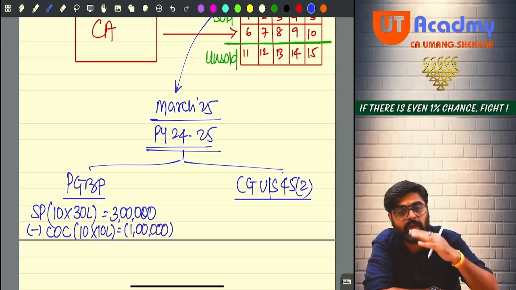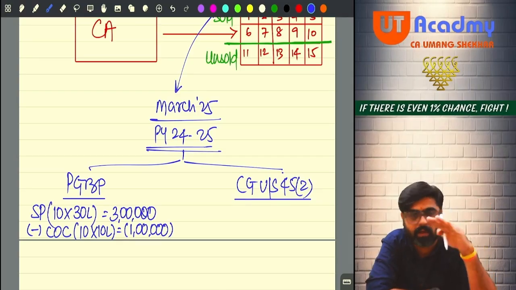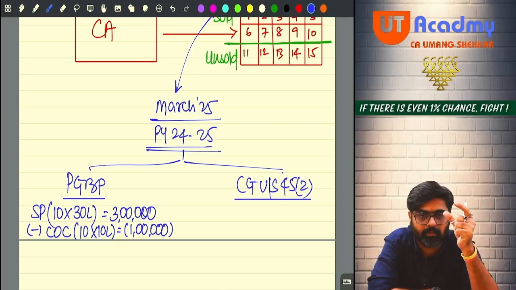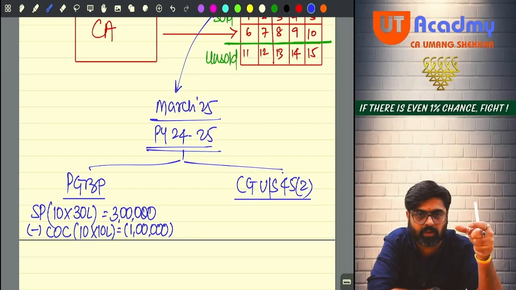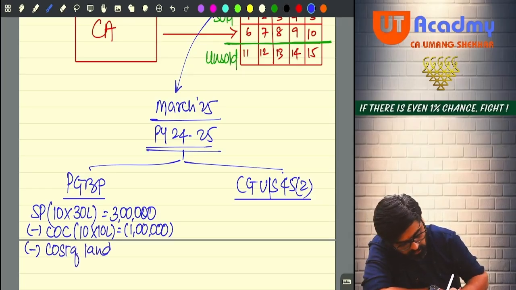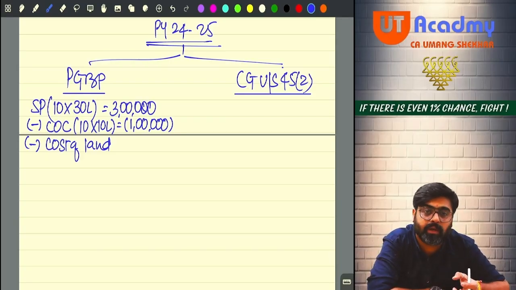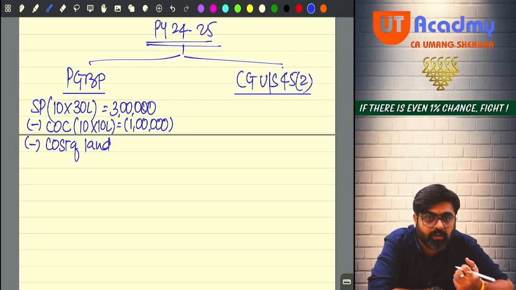So, am I selling only the flat or flat along with land? Flat along with land. So, there will be some cost for that land which is held as stock in trade and being sold along with 10 flats. Yes or no? So, I will have to now reduce the cost of land. Now, to calculate the cost of land, this land was earlier held by me as a capital asset, converted into stock in trade, and it is being sold as stock in trade. Yes or no?